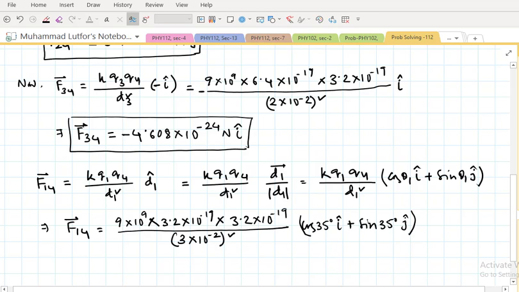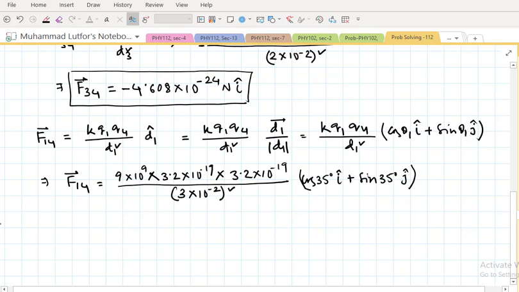If you solve this, you will find that the value of F14 will be 8.386 into 10 to the minus 25 I hat